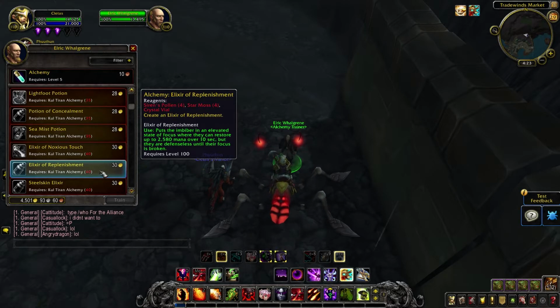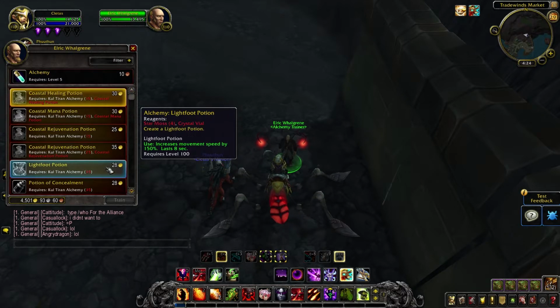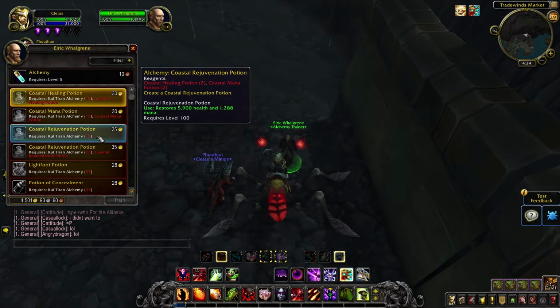Elixir of Replenishment puts you in an elevated state of focus where you can restore 2,580 mana over 10 seconds. Okay, so this is basically the healer sit-down-and-drink of the expansion. Interesting to see here, it does restore only 2,580 mana. And looking up here, the rejuvenation potion restores 1,288 mana. So it sort of does make me think